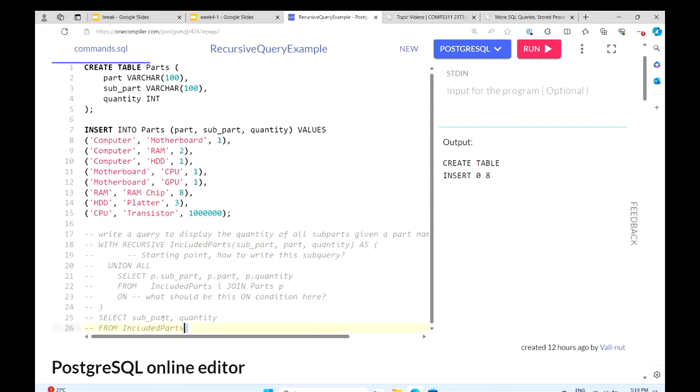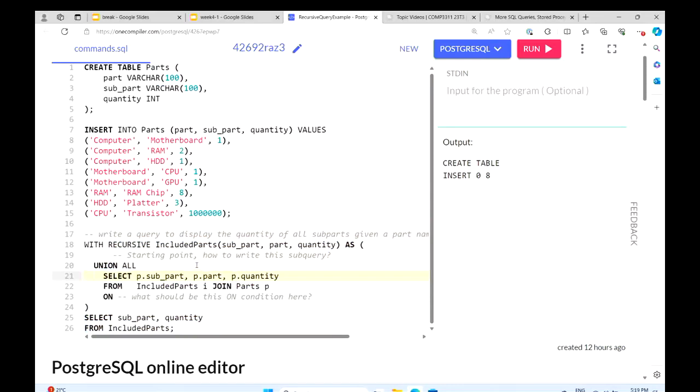So instead of writing everything from scratch, let's try to do some fill in the blanks. This follows the basic syntax or the basic style for doing a recursive query. As you can see, the temporary table we would like to build is called included part.